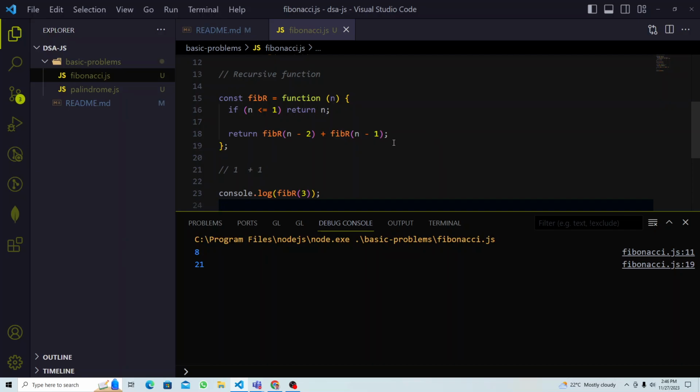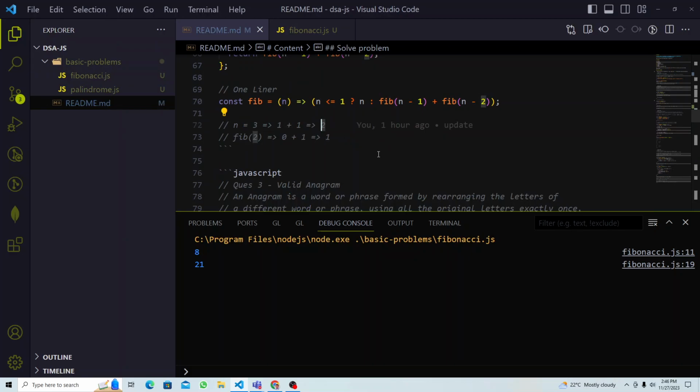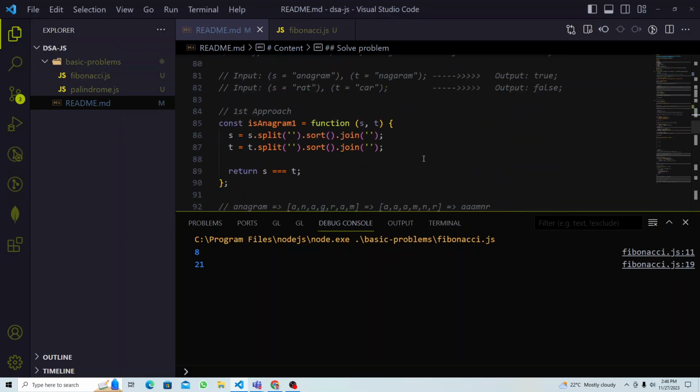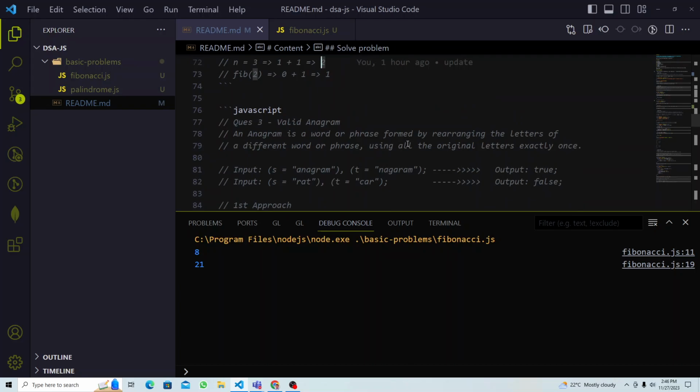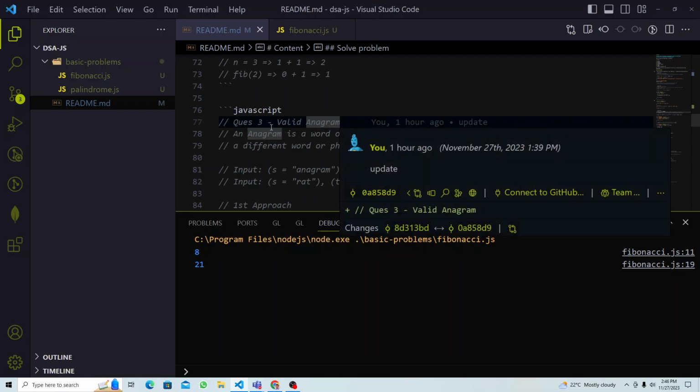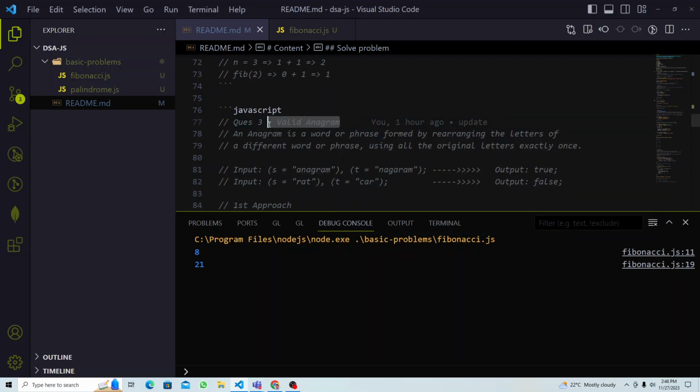So now, let's say the next question is to check for anagram. So what is an anagram? There is something called an anagram. An anagram is a word or phrase formed by rearranging the letters of a different word or phrase, using